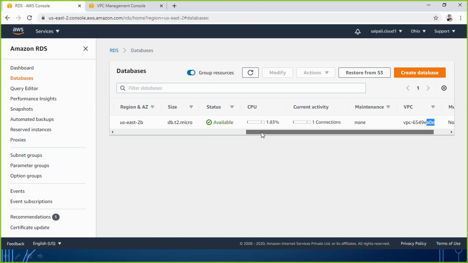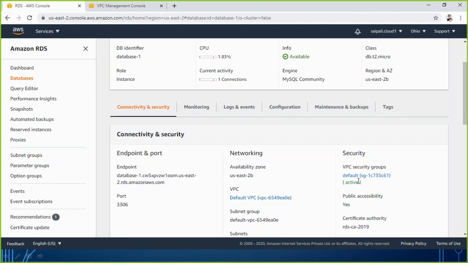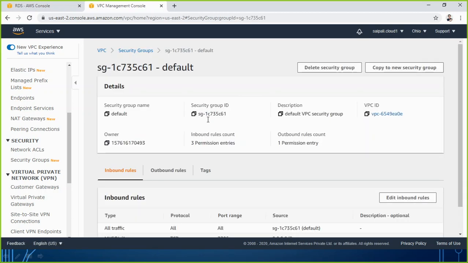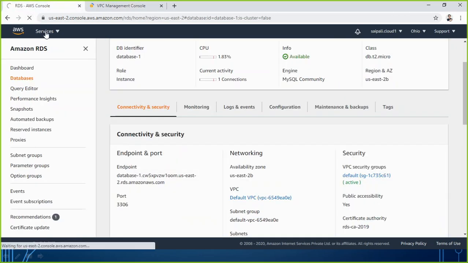Security group. I have to check for security group, not VPC. So I go to the database there and we check the security group. Yes, that is C61. That's all okay. So the default one is 6C1. That's the default. If I check there, I have added the inbound rule. MySQL is allowed. So everything looks okay. Maybe I just have to refresh and try once again.